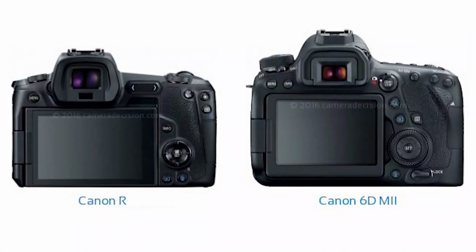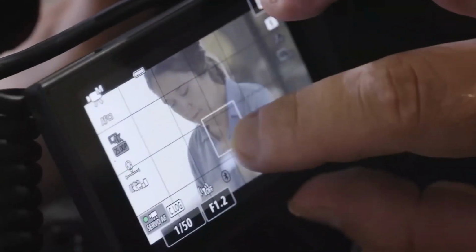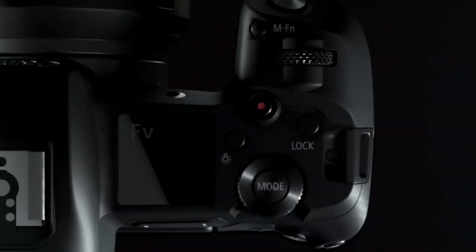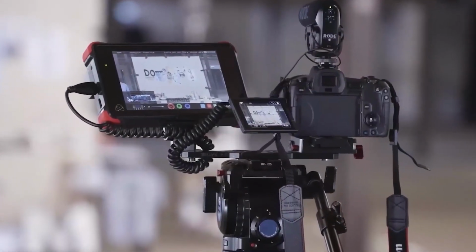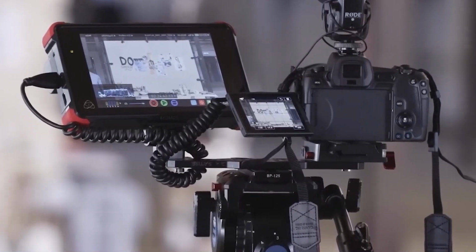When it comes to ease of setup, both cameras are fairly easy to use, with intuitive menus and easy-to-navigate settings. However, the Canon EOS-R has a touchscreen interface, which makes it even easier to navigate through menus and adjust settings